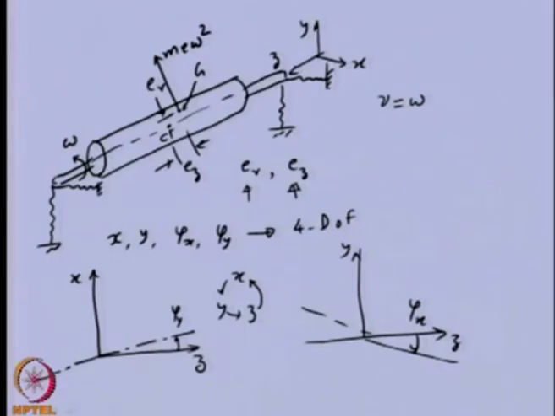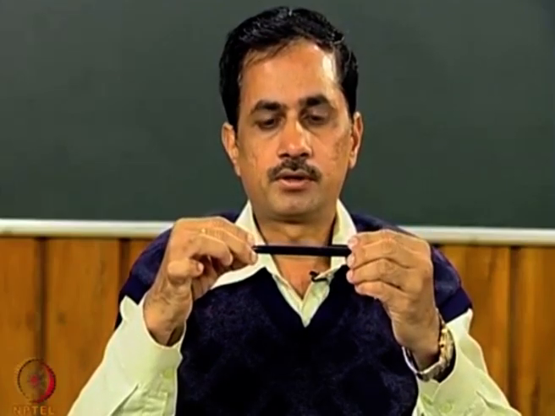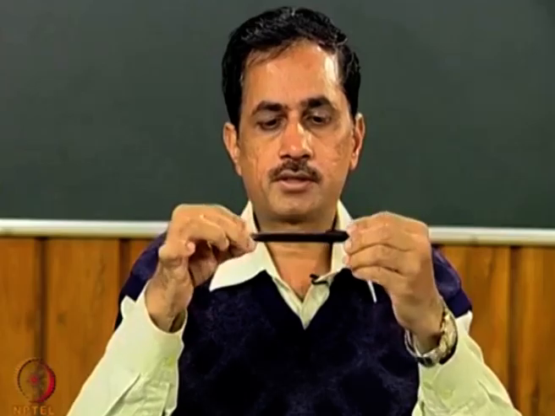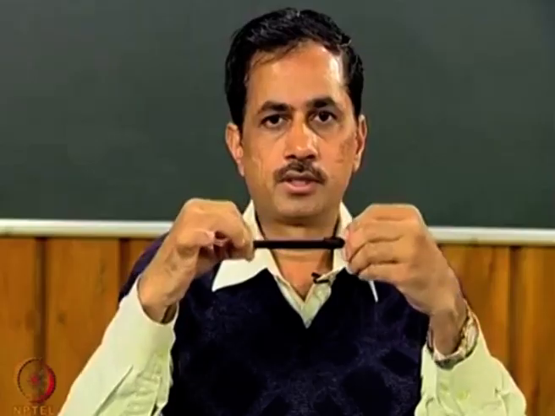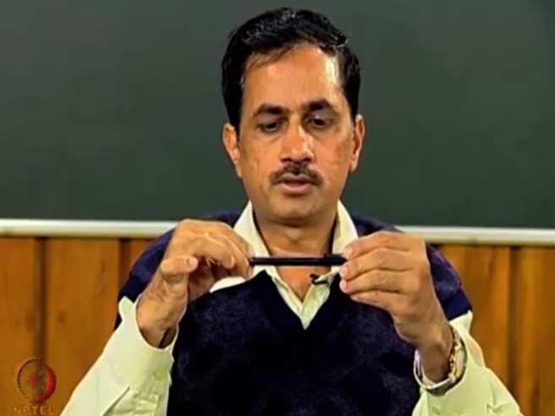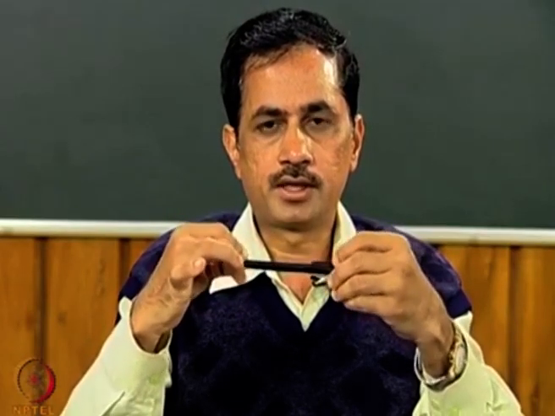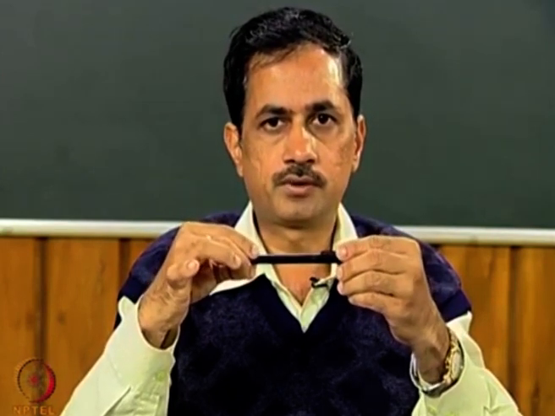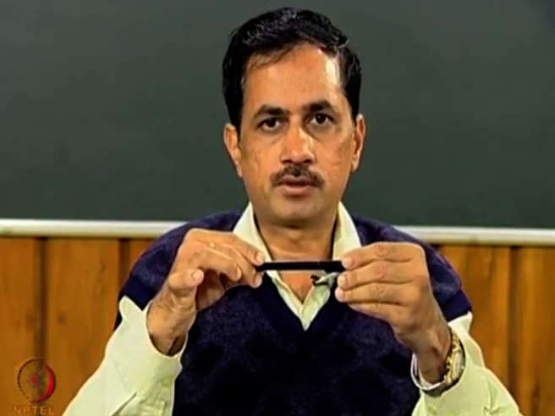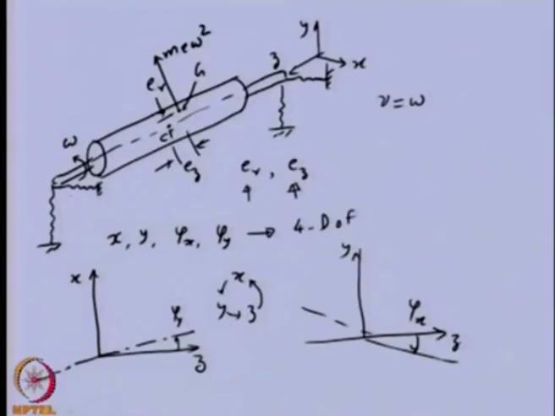So, basically, if we see this particular rigid rotor, it is having a linear displacement in the vertical direction, that is the y direction, and also in the horizontal direction, and apart from this, it is having tilting about the horizontal axis x and the vertical axis y. So, these are 4 degrees of freedom which will be required for the motion of this particular shaft. And in this particular case, as we have considered the spring, let us define the spring stiffness kx,